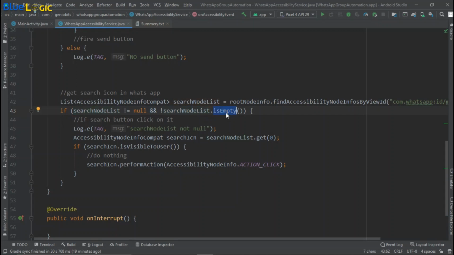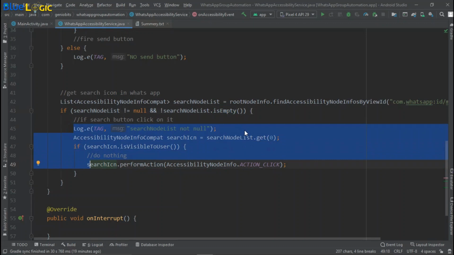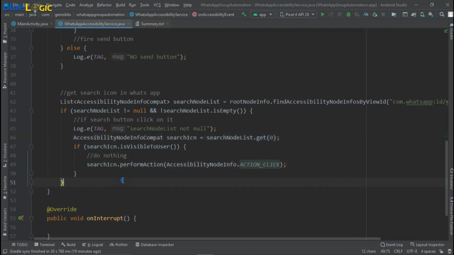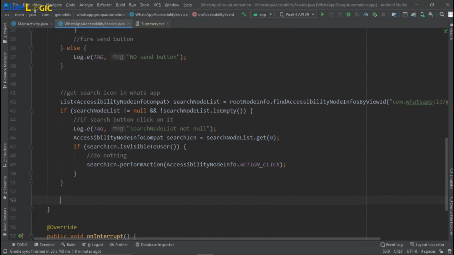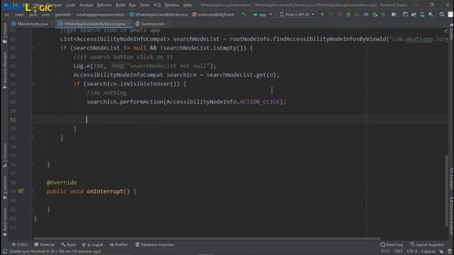So if it is not empty or null, then I just went inside and then I get the first item from the list in one variable, that is search icon, and then simply clicked on that icon. And whenever we clicked on that item, it opens the text field to enter search text. So we have to write that code here because this will happen when the click is successful.